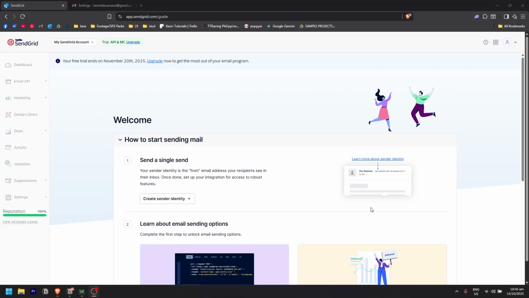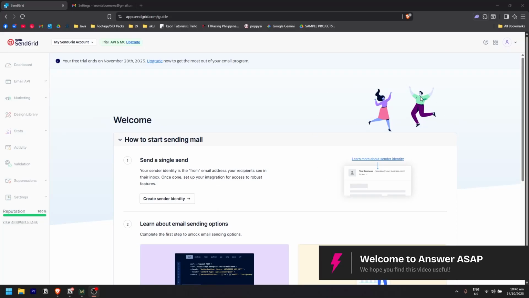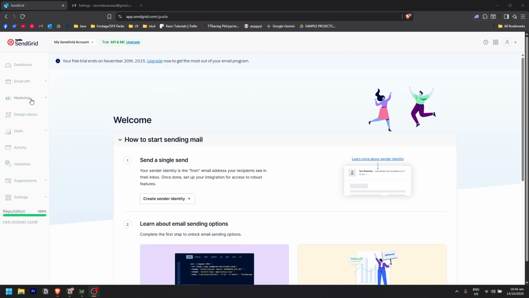How to import contacts to SendGrid. So first, of course, is log into your account, then navigate to the marketing section here on the left side,